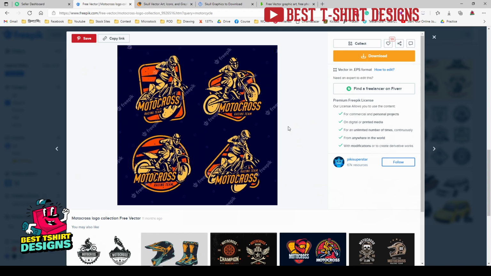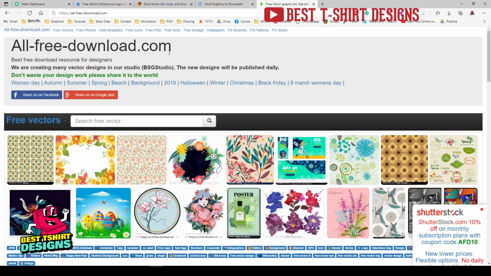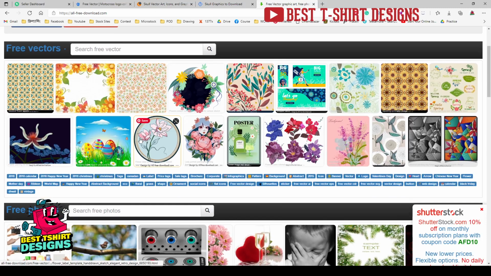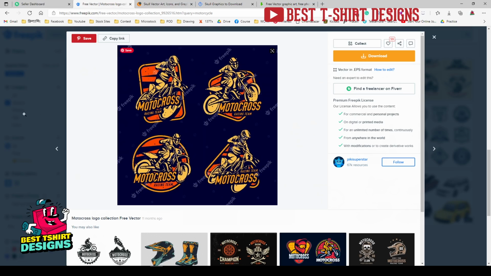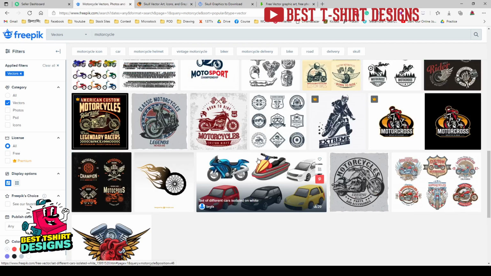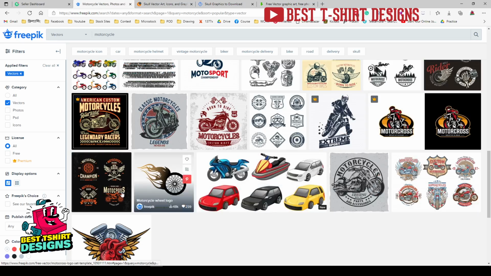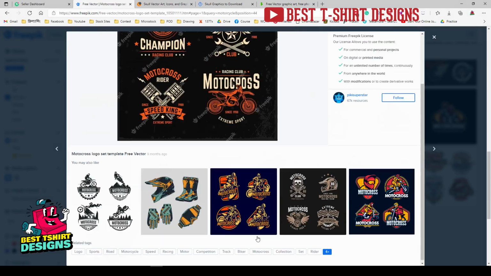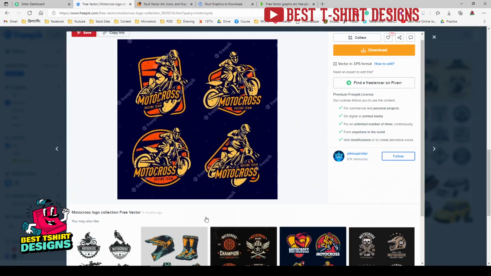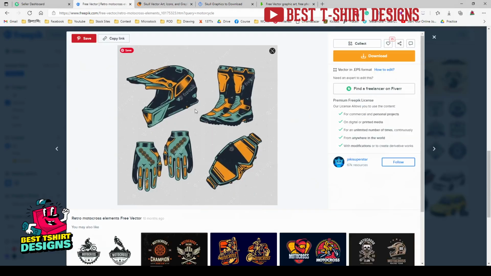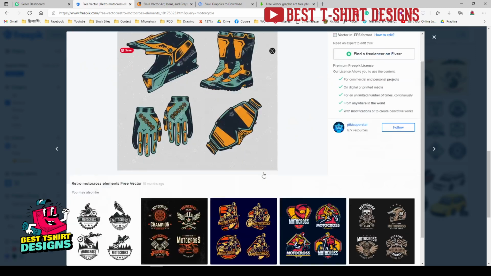And for using Freepik graphics or any other stock graphics, there is only one website: allfreedownload.com. There you will not need to give an attribution, but here on Vecteezy or Vexels or Freepik, every time you are taking any graphic that is free to use, you have to give attribution to the author. I will talk about that a bit later. So that is what I can do here. I can simply take any graphics bundle like this. If I need some biking element, I can take this, and then I have to make it a part of my design, then I can use it. And if you are confused about this part, I will make it a bit more clear.